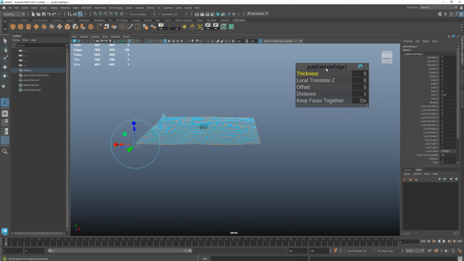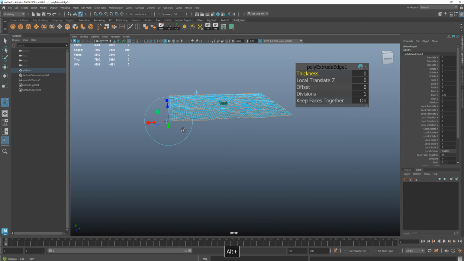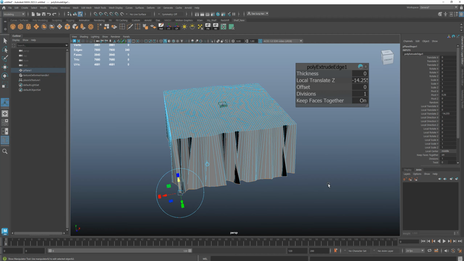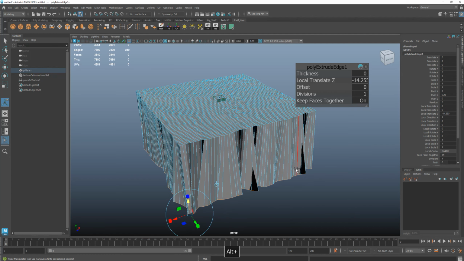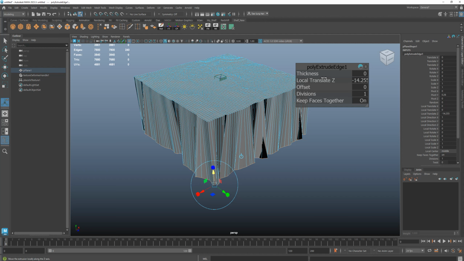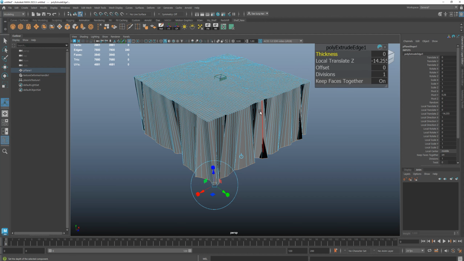Now here's the poly extrude floating panel. And whatever you do, do not pull from here. If you do that, look what happens. The reason why it's doing that is because right now it is pulling down from its local axis or local orientation, or its local, what do you call that,